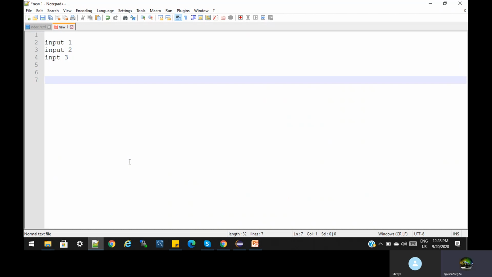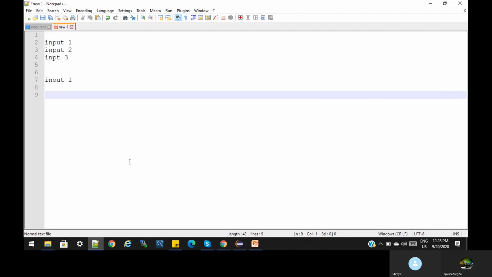Suppose we have any three numbers: number 1, number 2 and number 3. Let us consider number 1 itself is the big number. Then we have to compare number 1 and number 2. If number 2 is bigger, then number 2 is big. Then number 2 and number 3 should be compared. If number 3 is bigger, consider number 3 as the big number. That's it. This is a very small logic, and while writing any logic in an interview you have to write it this way.